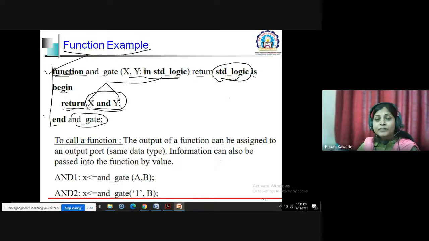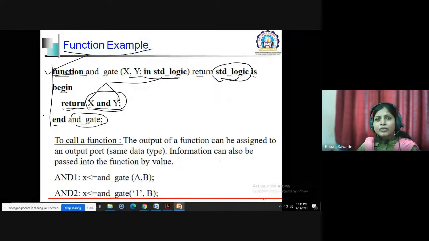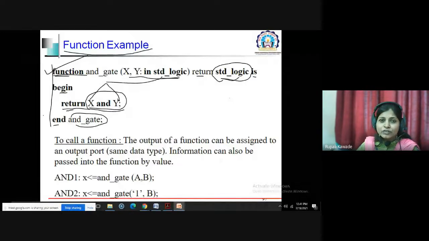The prototype tells us about these things. Then you can write a function body, where you write the signature of the function and the tasks performed by that function.